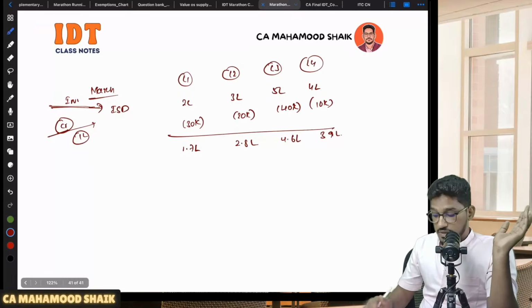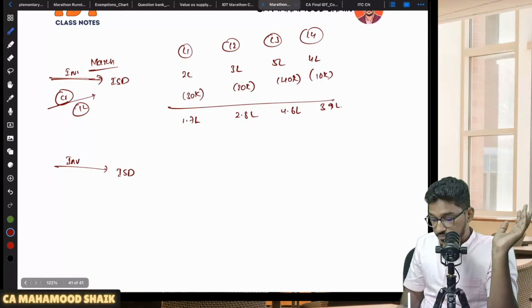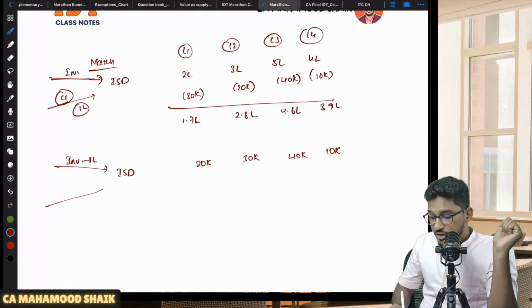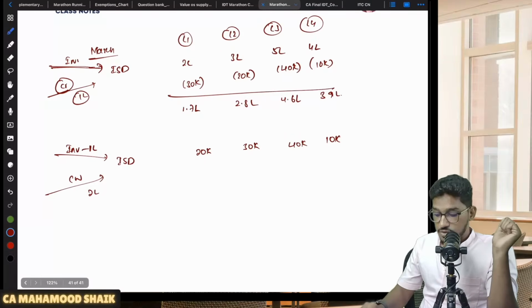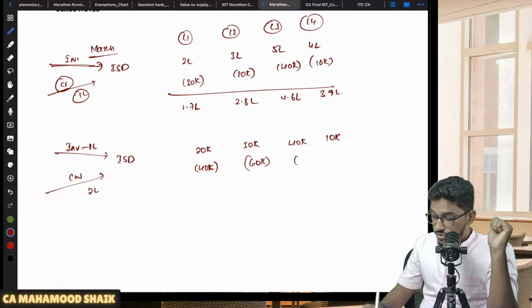But now sometimes what will happen is, let us say for example, in one particular month, ISD is receiving invoices. Invoices are there amounting to 1 lakh rupees only. So amount distributed is, let us say 30,000, 20,000, 30,000, 40,000, 10,000. But they got credit note. Credit note amount is 2 lakh rupees. So now what will happen here? They will try to distribute. If they try to distribute it here, let us say it is coming to 40, it is coming to 60, it is coming to let us say another 80, and it is coming to 20, something like this.